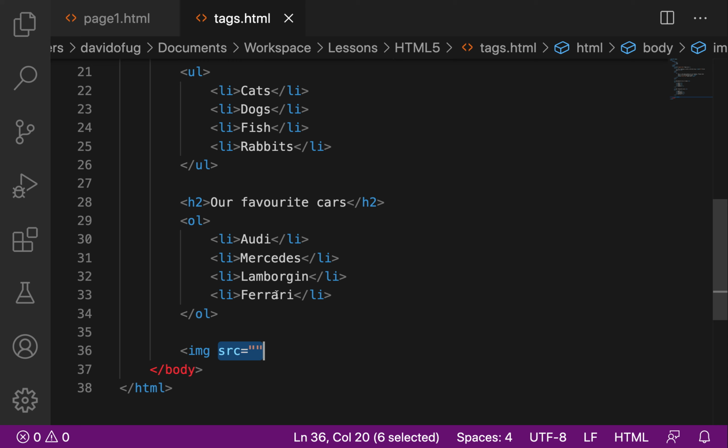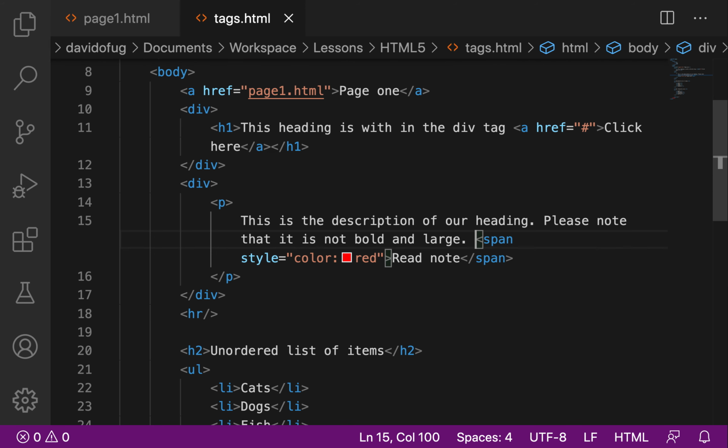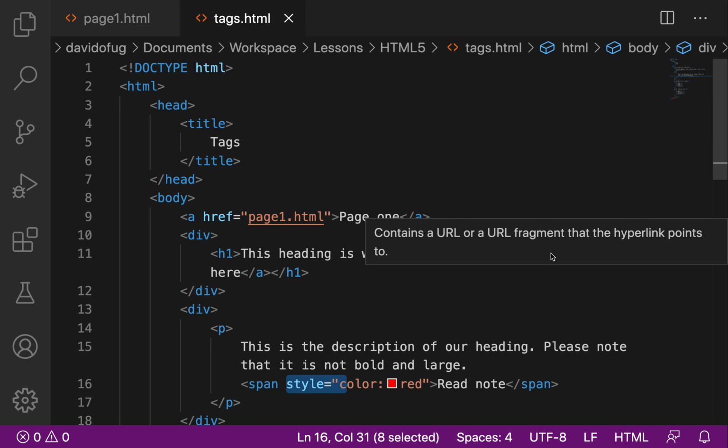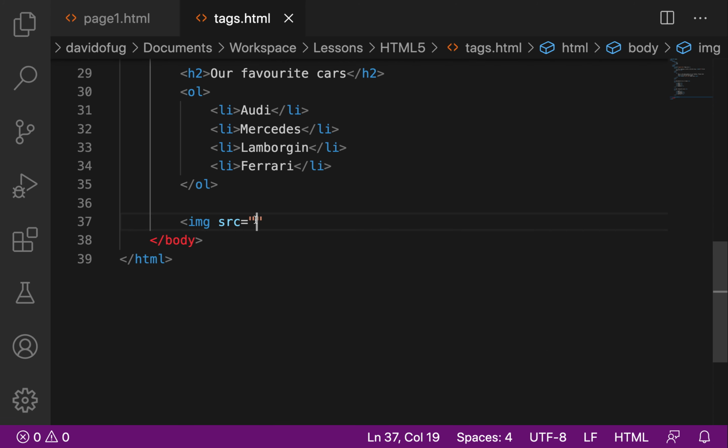Even in the past I've specified attributes, like the style attribute on the span. Somewhere here I specified the href attribute. So these attributes are different for different tags. For the image tag, it's the src, and it is for specifying the location. For example, if the image that you want to specify is somewhere on the internet,